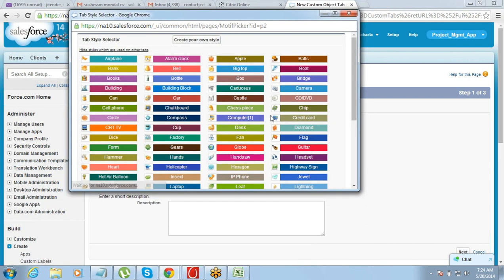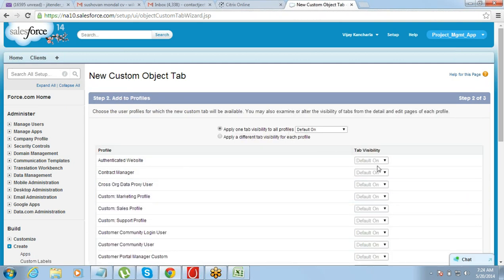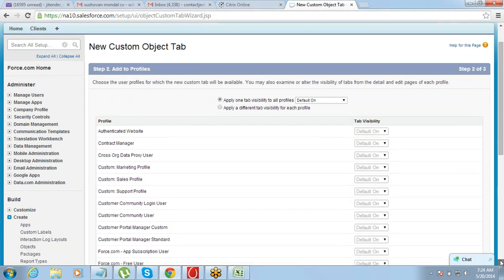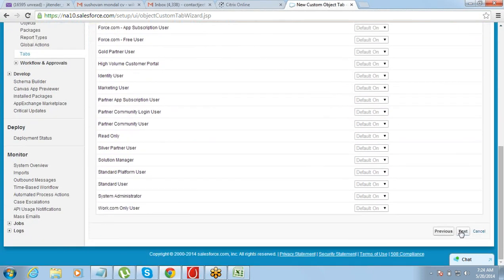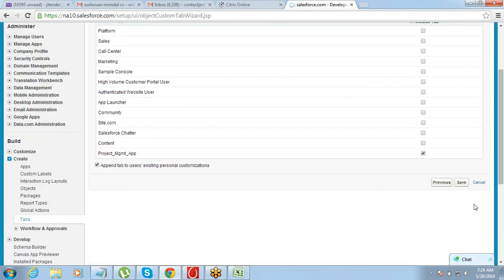Let me pick a tab style, pick whatever you want. This step we can skip. I want this also to be available only under project management app. Save.